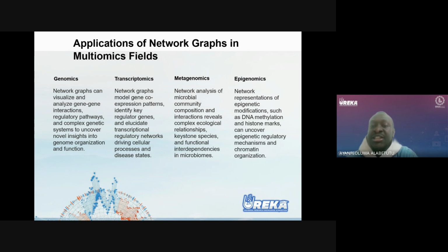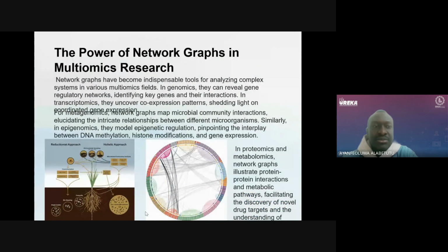In epigenomics, for example, the network representation helps us to understand epigenetic modifications, to uncover regulatory mechanisms and chromatin organization. In short, it provides us a deeper understanding of gene regulation. So by visualizing and analyzing network graphs, researchers can unlock the mysteries of biological systems and drive groundbreaking discoveries in multiomics research. That being said, I want to take it a little further,